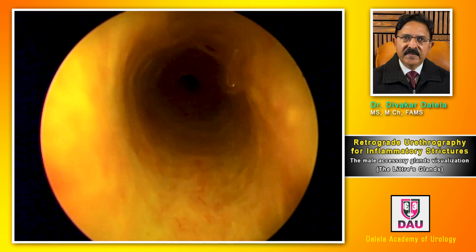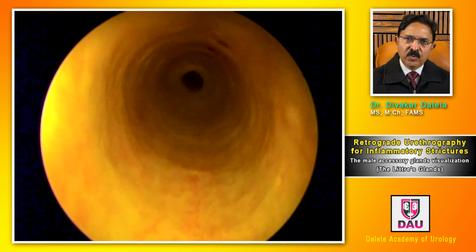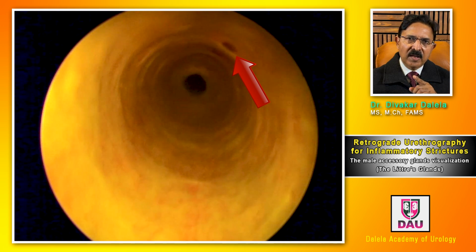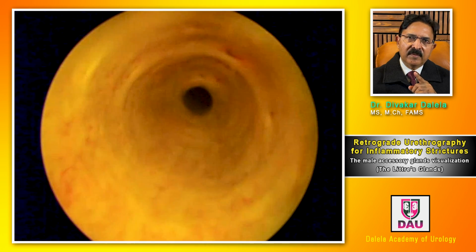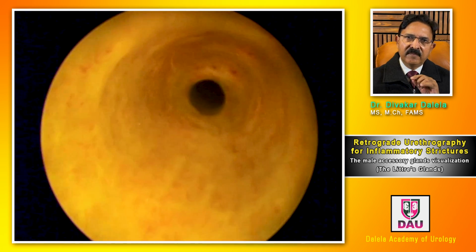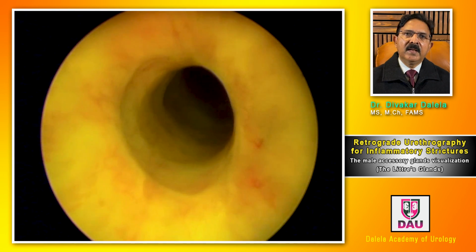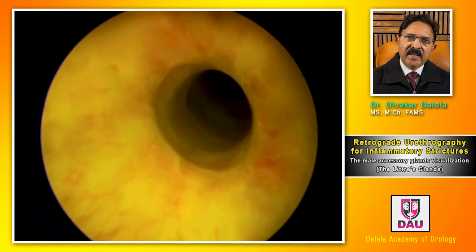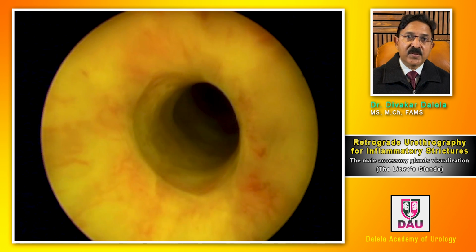Now, if you see this video of the distal urethra here, as you go you notice a small hole on the left, in the area of, let me say, about 1 o'clock. This hole is visible to you, and as you go more in, you see another hole there. Now, these holes you sometimes interpret as holes of Littre's glands. But actually, what are they?